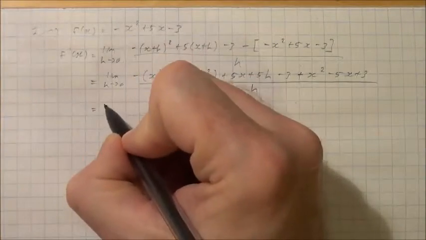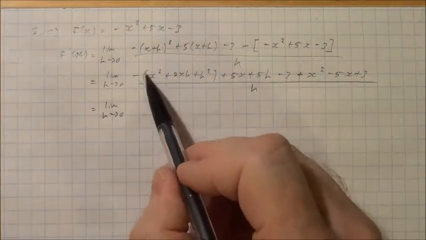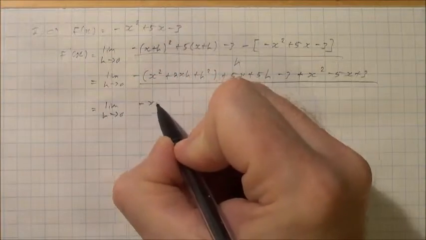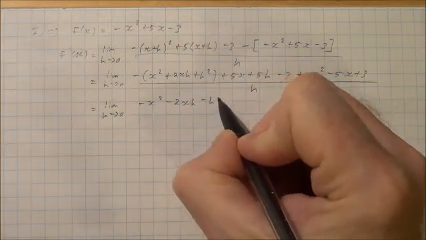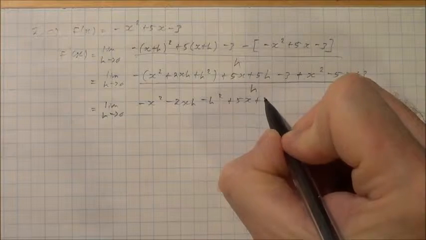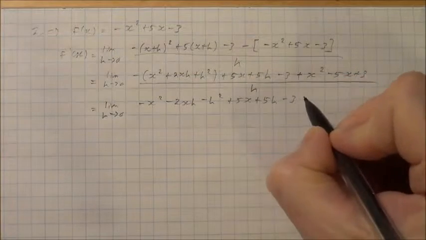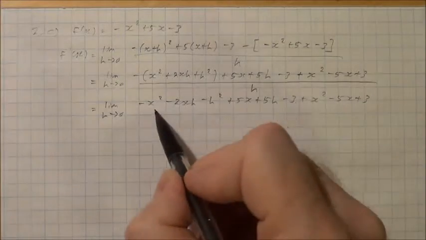And then, again, the limit notation. Now I'll run this negative in here. Negative x squared minus 2xh minus h squared. And I'll leave the rest the same, plus 5x plus 5h minus 3 plus x squared minus 5x plus 3